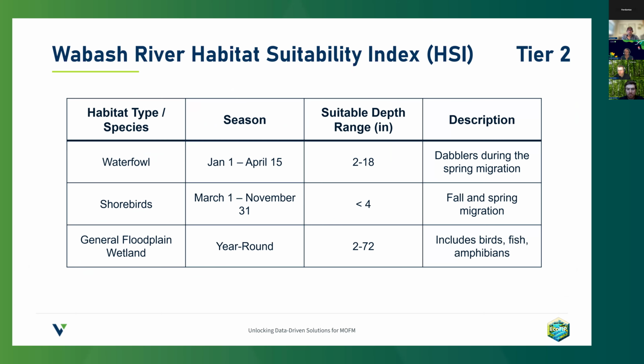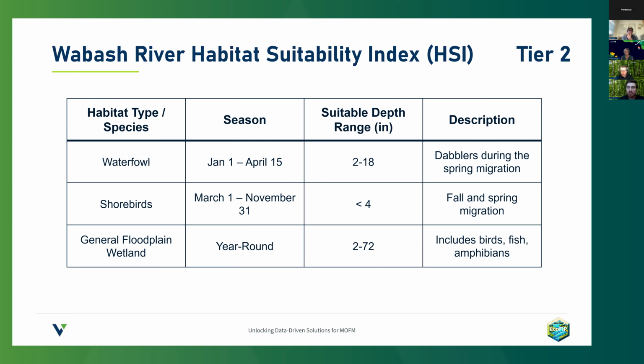So Luke covered the 3 tiers of EcoFIP and emphasized the importance of tier 1, which really works to quantify that inundation regime of the floodplain, both on the wet and dry side of any levees that may exist along the river. So I'm going to mainly focus on tiers 2 and 3 on the Wabash, where we are leveraging our understanding of that floodplain inundation through the tool under tier 1 and relating that to habitat suitability, which serves as the basis for our prioritization scheme for floodplain restoration.